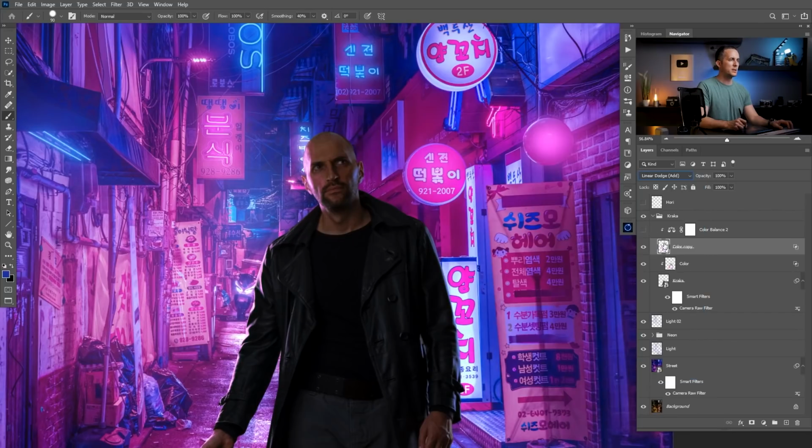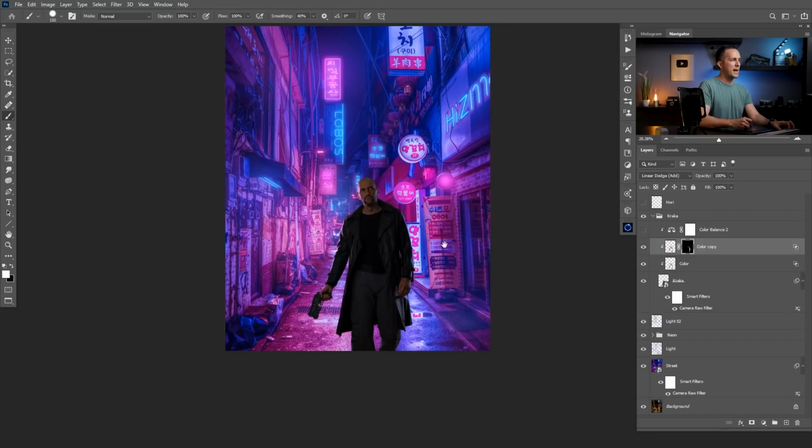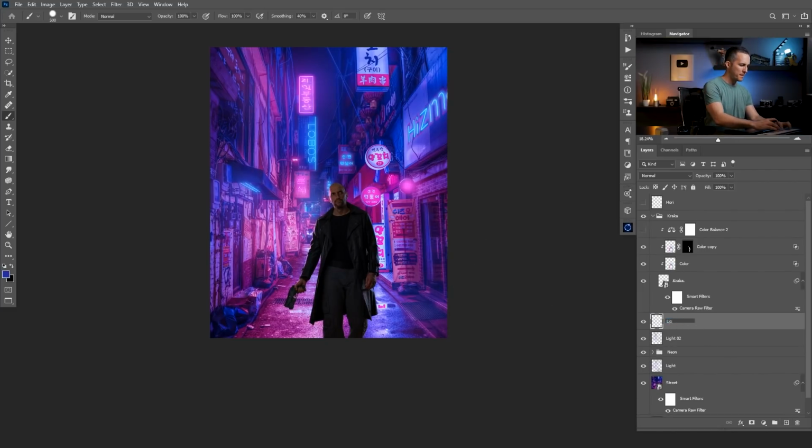Let's go to linear dodge, and here what I like to do, I like to add a mask, black mask, and just paint this part right here. So I just want this part here to be more blue. That's perfect. And then what I like to do, I like to go to my lights right there and add, actually let's go with light number 3,